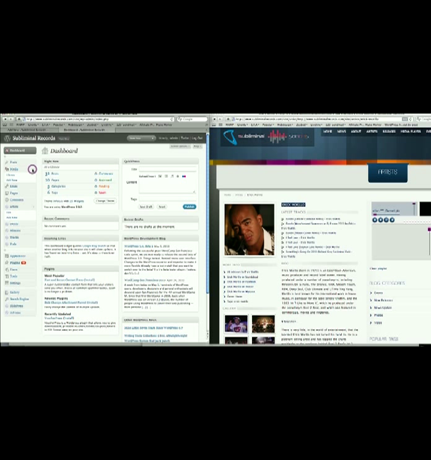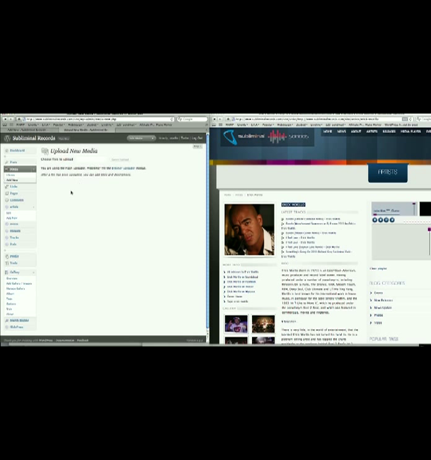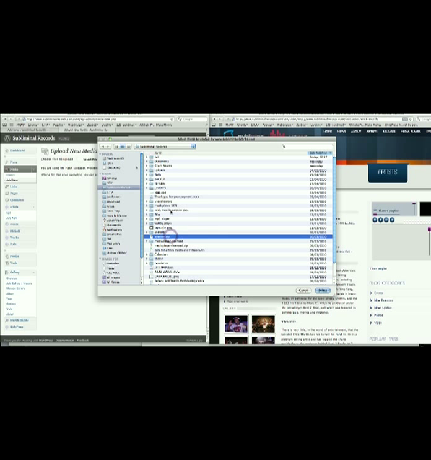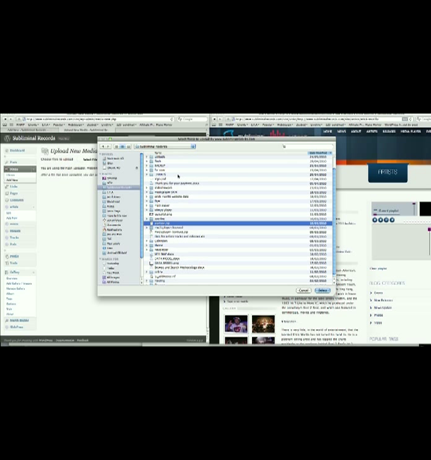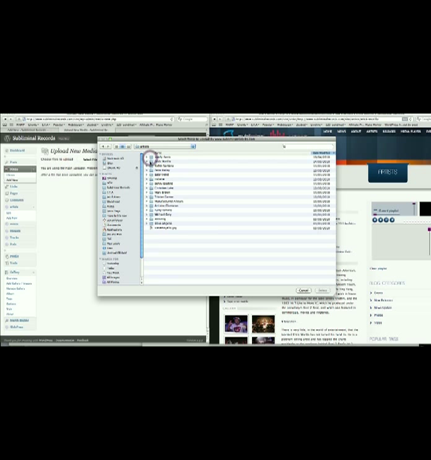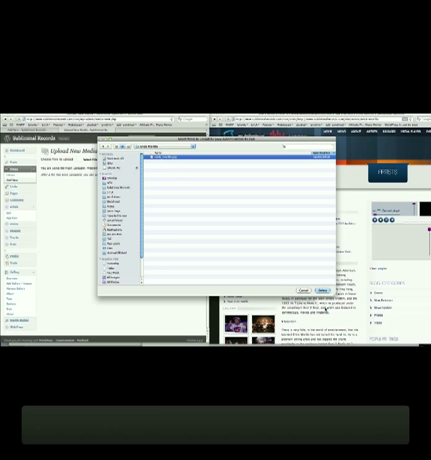So we go media and then add new. If we press that, eventually this comes up. We need to select the file we want to upload. We can actually upload multiple files. So I'm going to find where the file is, artists, Eric Murillo. So this is an image. You can see when I just preview it,